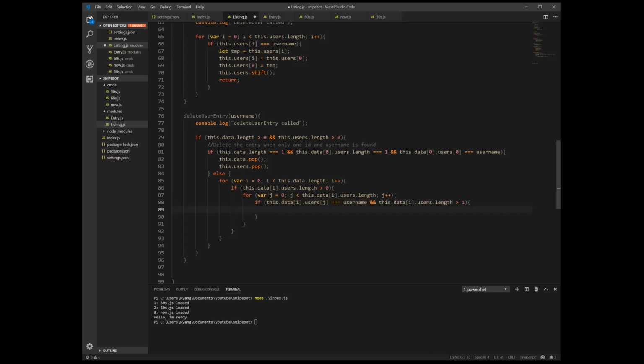array, we create another temp value. So we can call this one temp as well, since this value here does not affect this function. It's written inside, so it's not a global value, so we don't have to worry about it. So we can write the same name for it. And then this will be equal to this.data[i].users[j]. Alright? So that's our temp value.